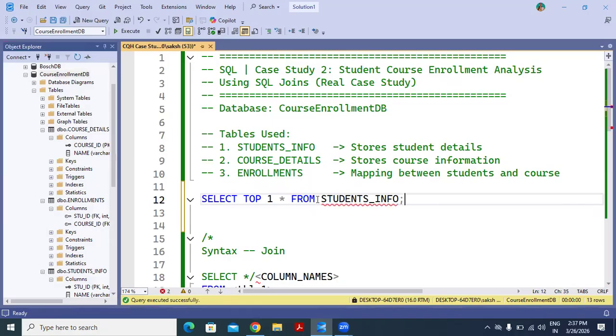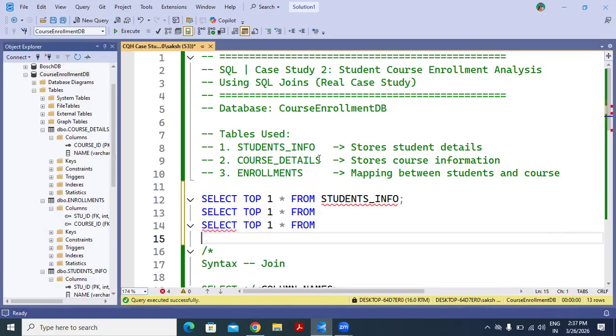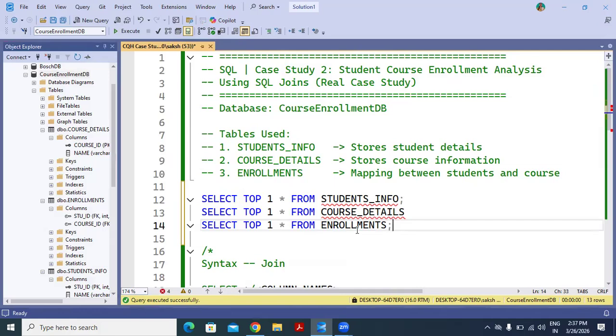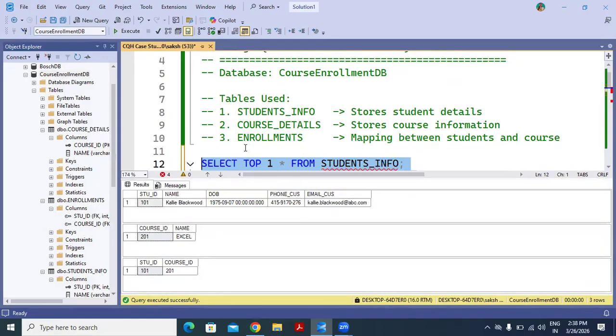And similarly, we can select other tables. Now, this is the structure of your tables. This is your students info table, this is your course details, and this is your enrollments table.